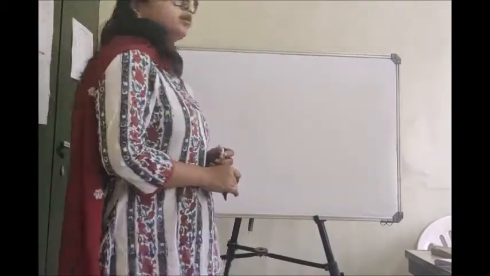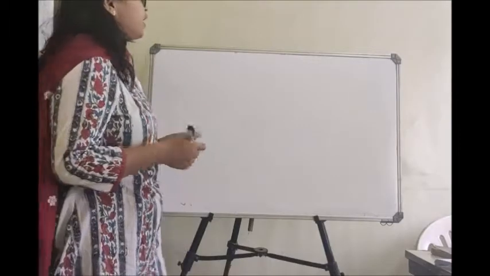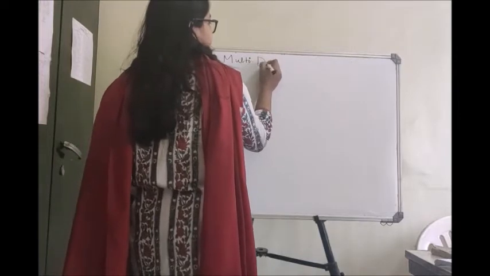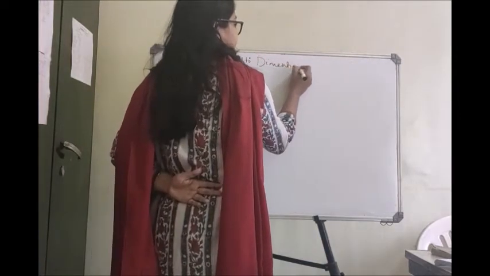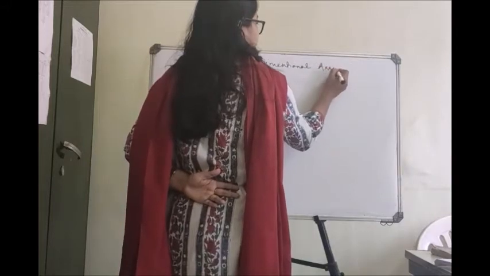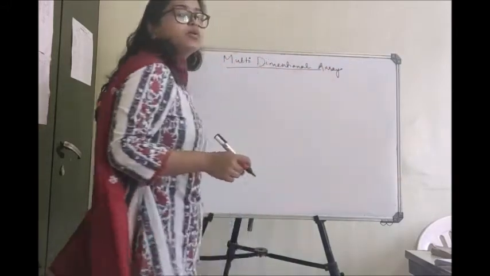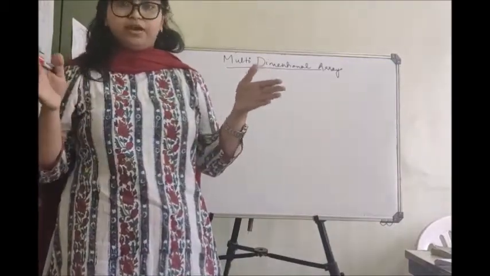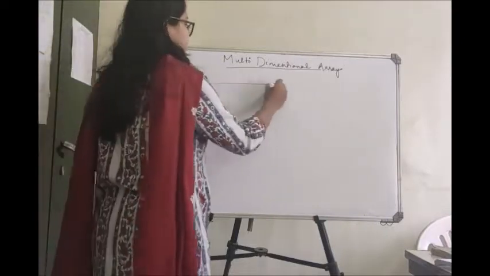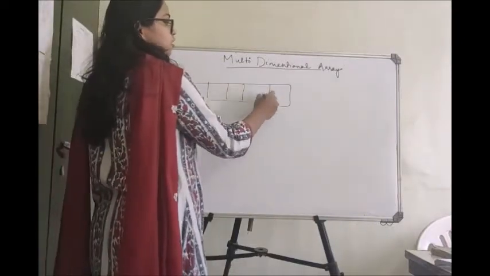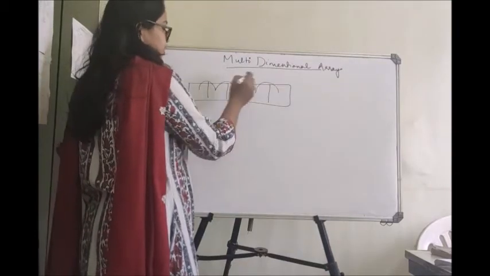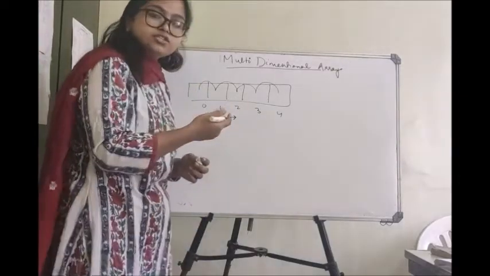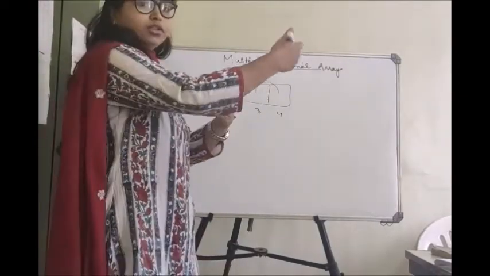Good morning students. We will continue our discussion of arrays and today we will talk about multi-dimensional arrays. So first of all, what are multi-dimensional arrays? Till now we have seen linear arrays. Linear array means we have an array which is linearly arranged. Elements are one after the other, isn't it? The index is 0, 1, 2, 3, 4. This is arranged in a linear fashion, one after the other.